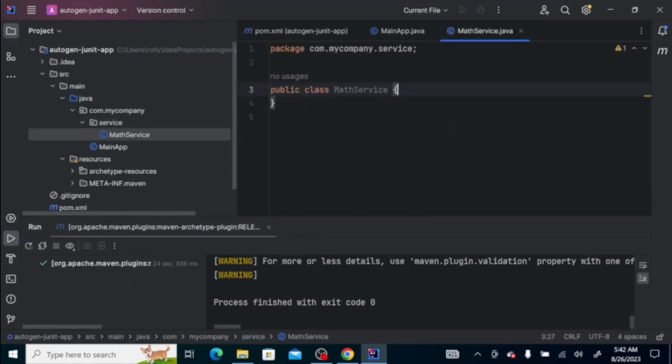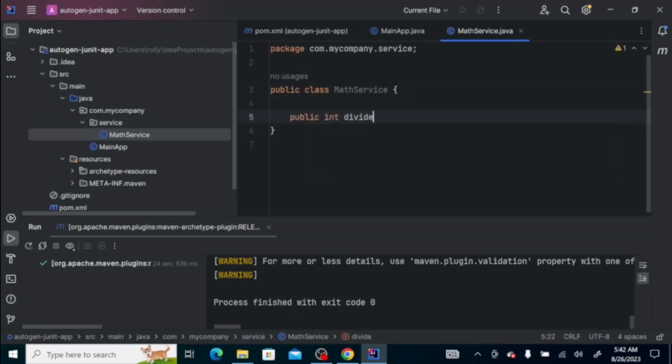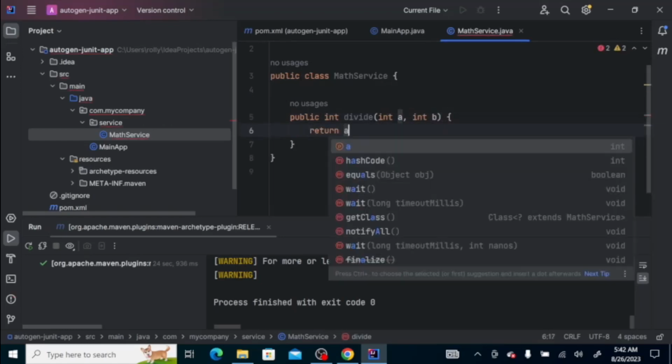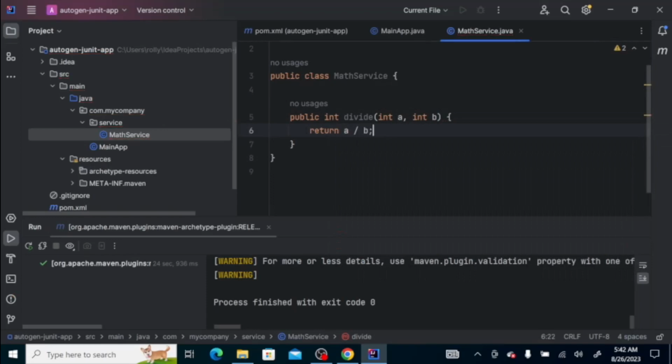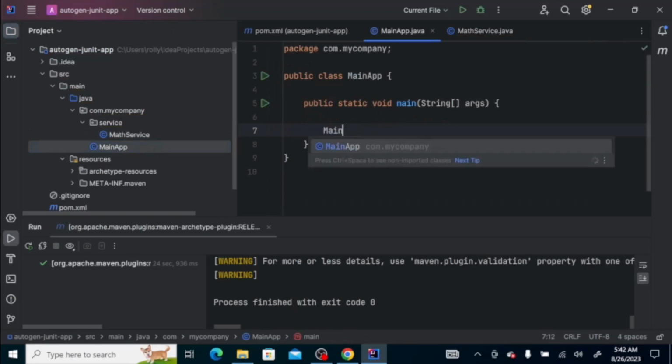So this simple math service has a method that divides two numbers. Okay, so if you're going to use this method, let's try this one in our main